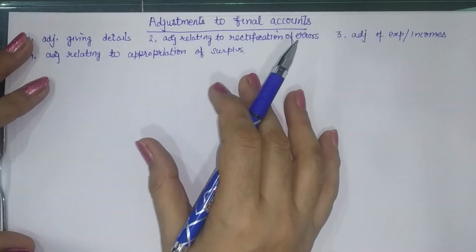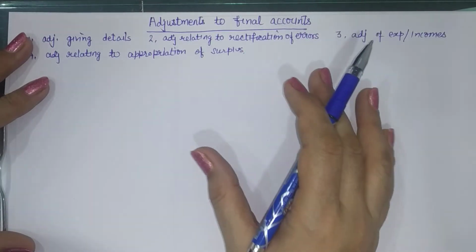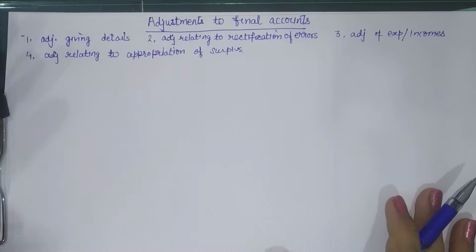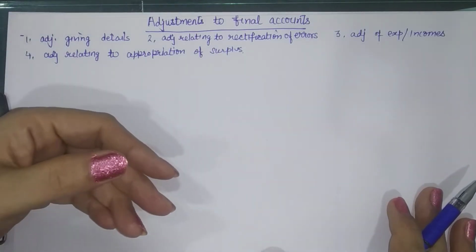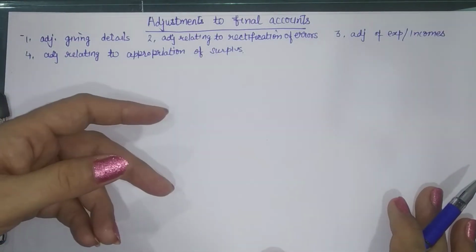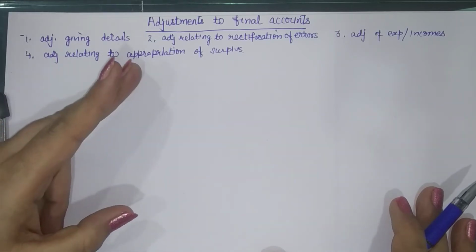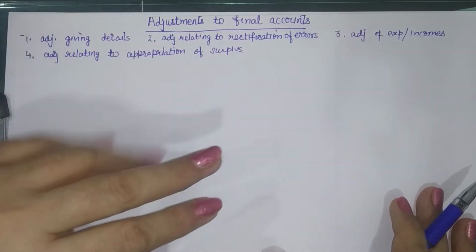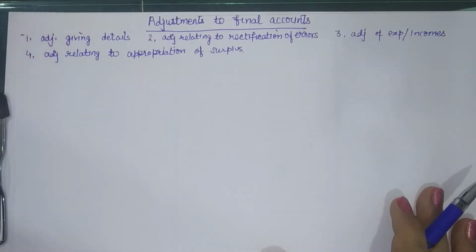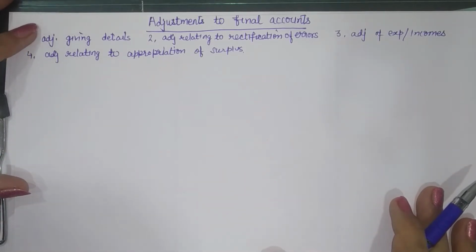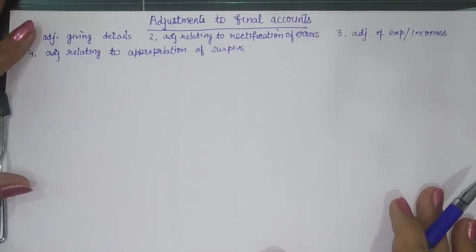Now, before we take up this, let us understand one thing, that adjustments of final accounts implies those transactions which haven't been recorded. That is, the trial balance that we get is the result of the accounting process. That is, we have done journal entries, we have classified those entries into different accounts, and then the balances have been calculated, which implies that every transaction therein has been recorded according to the dual aspect concept. But the adjustments that we are given are those transactions which haven't yet been recorded.